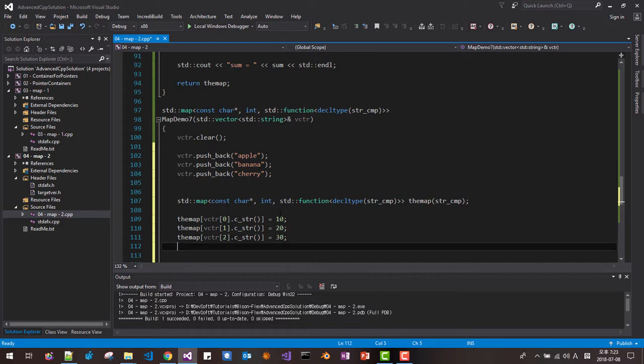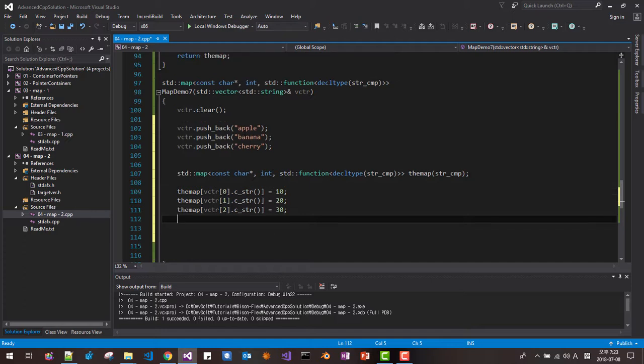Okay, we can do this. We can preserve these things safe in memory. So even if std cout, even if the map, we can put apple, the map banana, the map cherry,